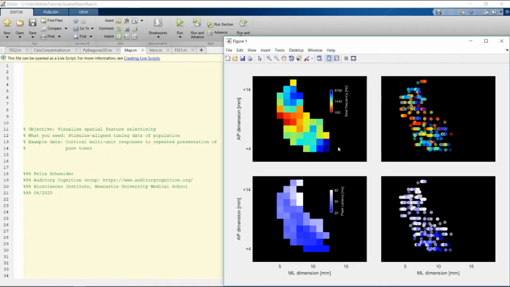On average, the frequency selectivity changes from selectivity to high tones, shown here in blue, towards frequency selectivity to low tones, shown in red, and back. So we see a nice tonotopic gradient from the posterior medial part of the auditory cortex towards the anterolateral part of the auditory cortex. On the right hand side, I'm basically showing you the same plot again, but this time